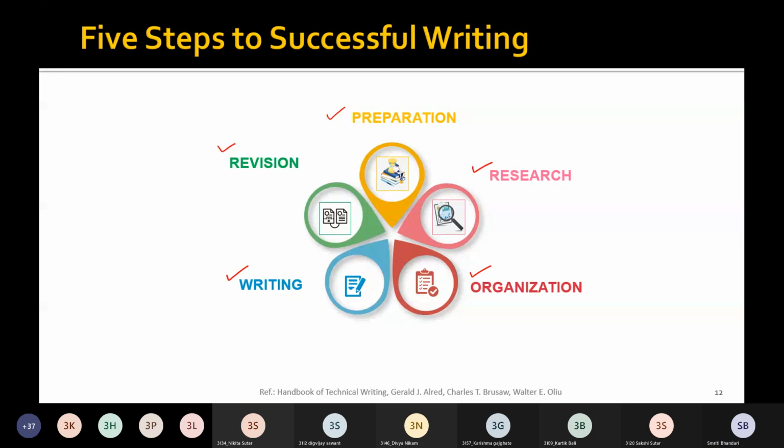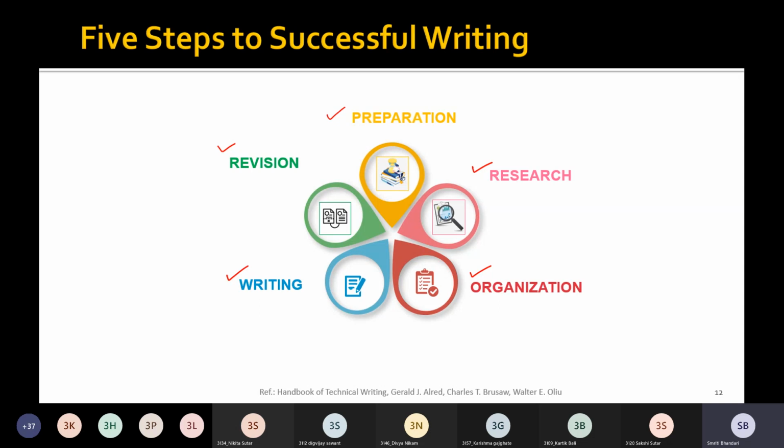Also, one more important point that I would like to convey is that the time required for each step varies with different writing tasks. What does it mean? Say for example, we have gone through different kinds of documents in the last class. So we mentioned lots of documents.